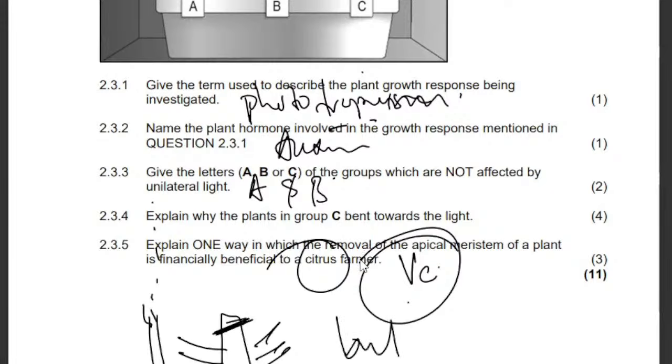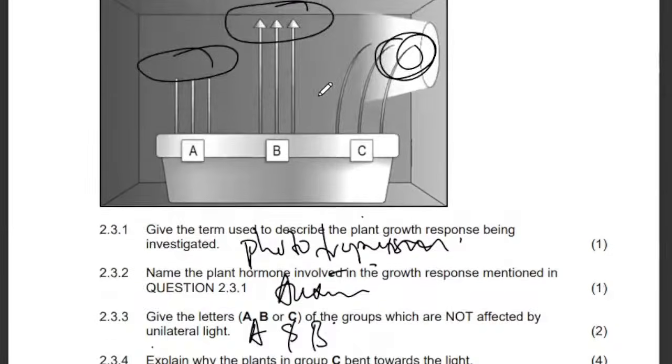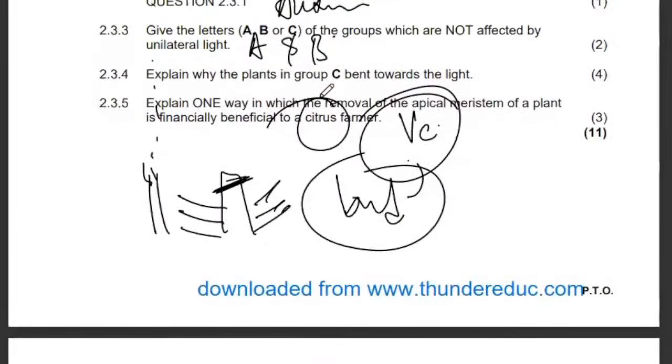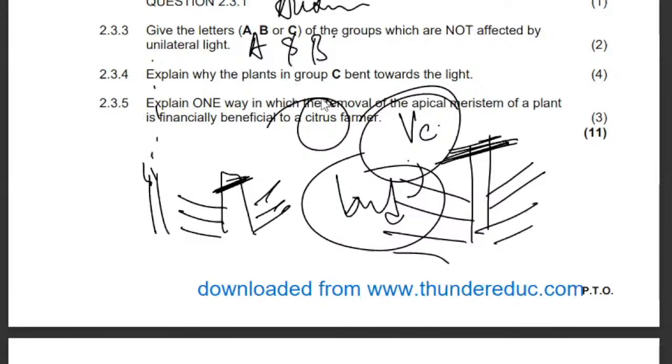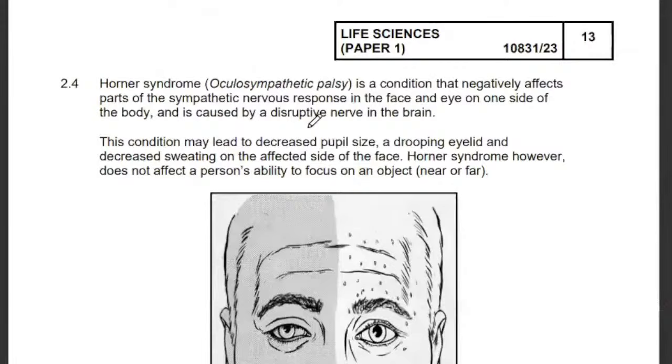When you talk about the buds, you're talking about the heads of the plant, that one which grows. So when it increases, it will bring about those buds, and those buds will bring more vegetative parts. You understand? More vegetative parts, and then there will be more flowers, and then you have more oranges in that regard. So it means that when the plant grows to a specific level, you cut it. When you cut it, it's going to have more branches, and each branch will have oranges. Instead of growing tall, it will have more branches there. Then they're saying that